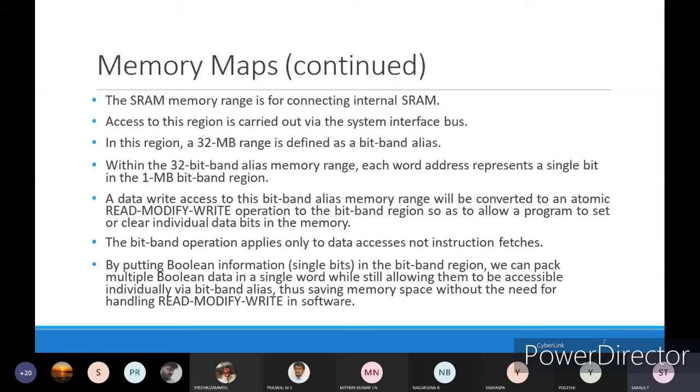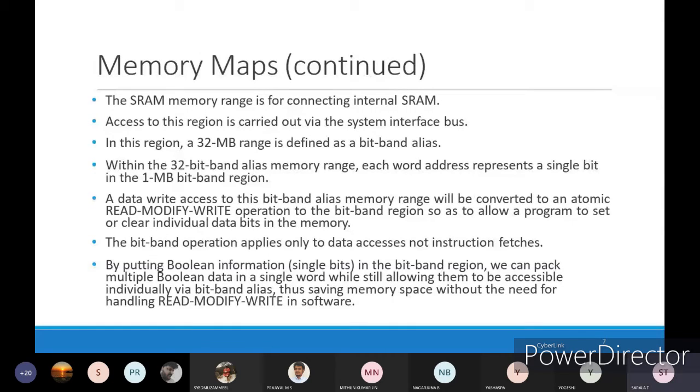That is for the 1 megabyte bit band range. Each and every value there is a single bit, and it is represented by a 32-bit word in the bit band alias. 1 megabyte into 32, totally you will have a 32 megabyte range for the bit band alias region, where you are storing a single bit which is present in your bit band region, a single bit from each and every memory area.